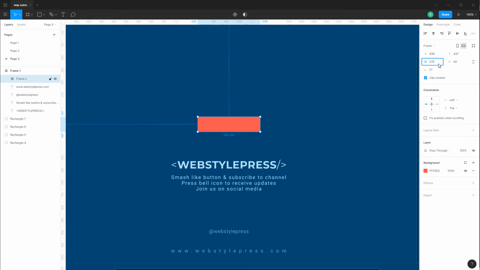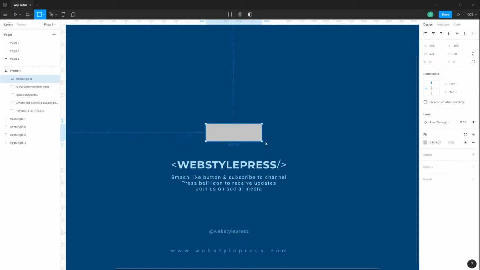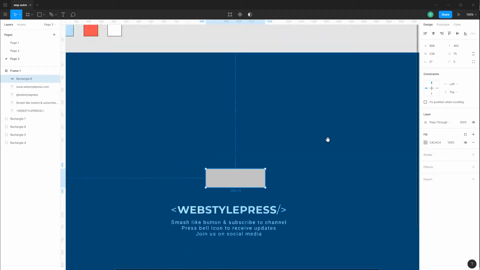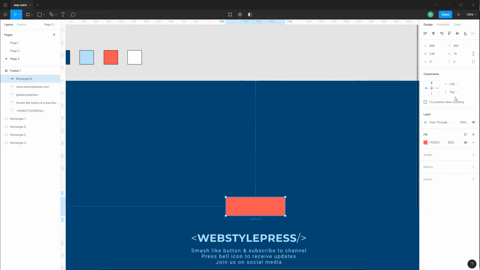To 70 by, let's say 70, and I want its border radius. All right, I can't add the border radius for this frame, so I guess I'll have to use this rectangle. Okay, we use the rectangle, and what was the width again? 270 by 70